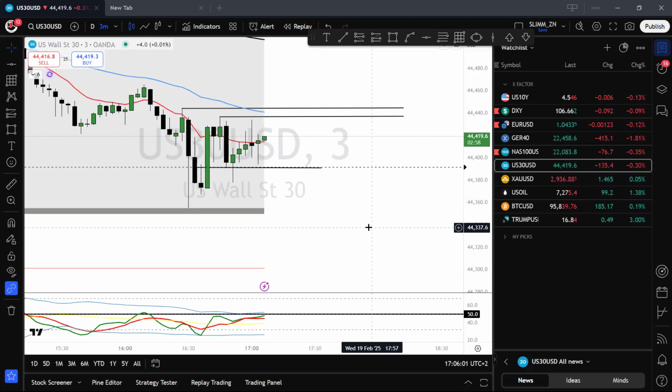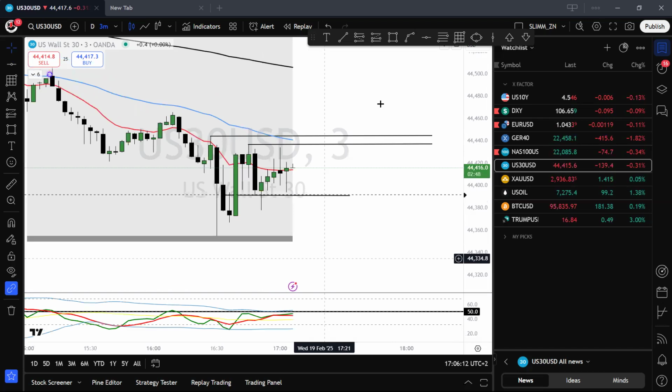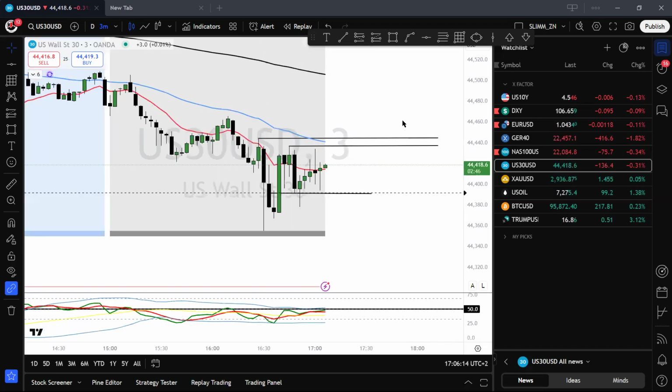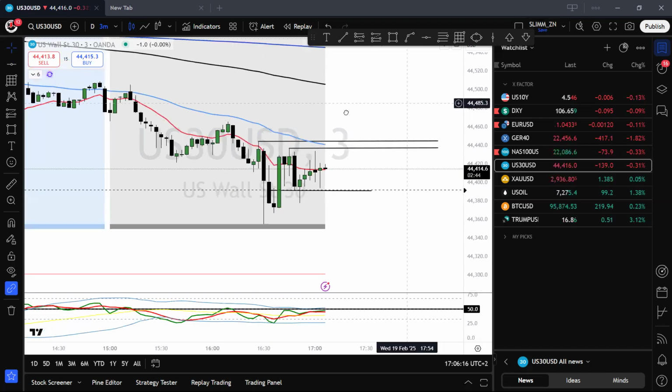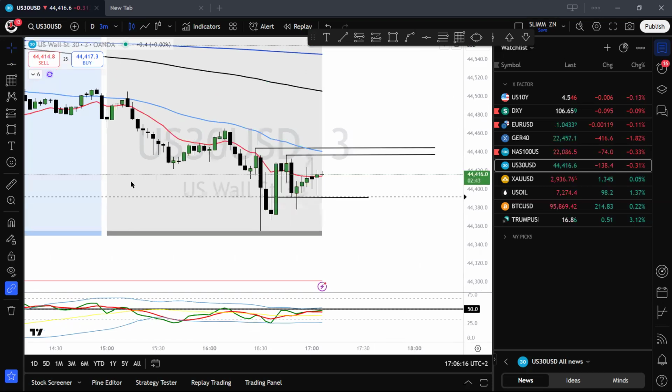Okay, on M15 US30, I see them doing a bit of a deeper retracement up, so I just want to be careful with US30. Just want to be careful with it. I see them coming up into, I don't know, it sounds like I'm whispering. I see them coming up to,